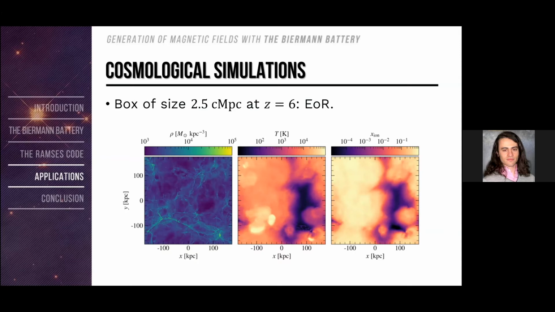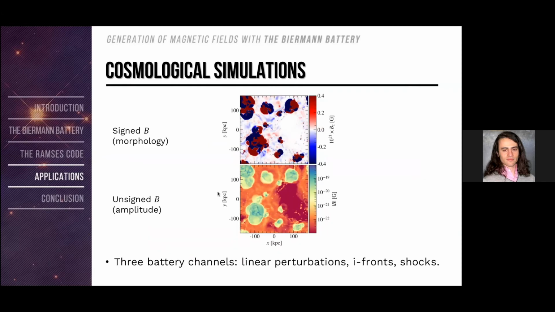And so let's have a look at the resulting magnetic field that is generated from redshift 150 down to redshift equals 6. In the top figure here is presented a signed magnetic field map, which is a bit saturated in order to see the morphology of B. And as we probably have complicated temperature and density gradients, we see that the sign of B constantly changes due to the cross product and tries to wrap the areas where magnetic fields are generated. And in the bottom figure here is presented an unsigned magnetic field map to examine better the amplitude of the field.